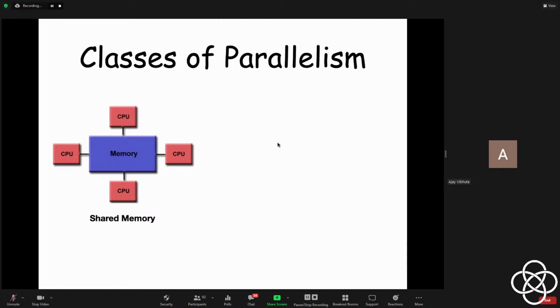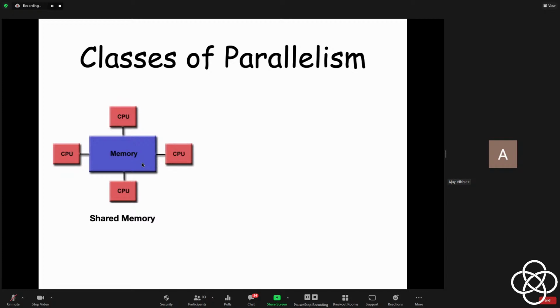In this case, we have multiple CPU cores sharing a memory, and any process running on these CPUs can access any part of the memory. Let's say there is some location occupied by this CPU and another CPU wants to access that. That is possible as this is shared memory, and shared memory can again be classified as